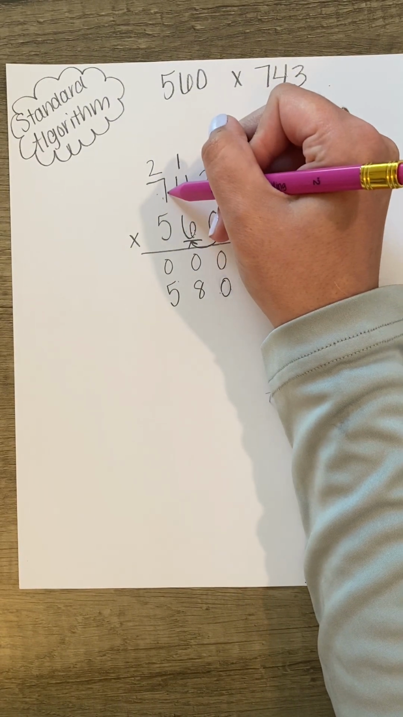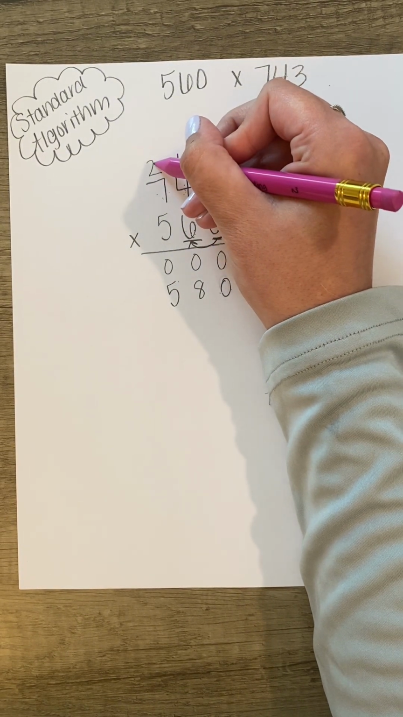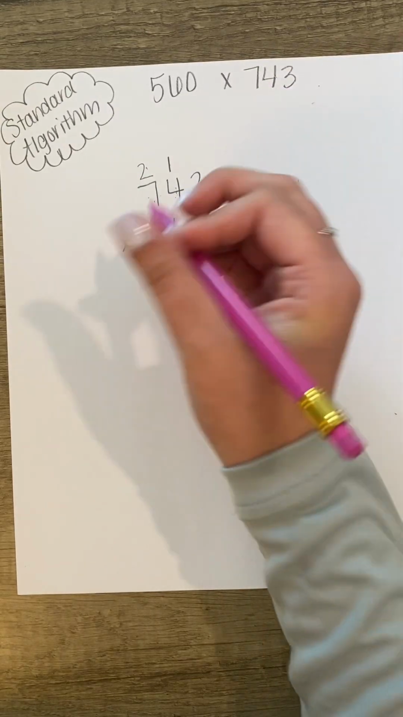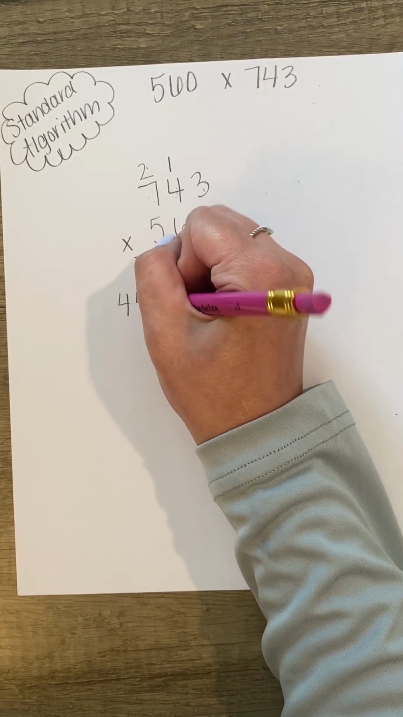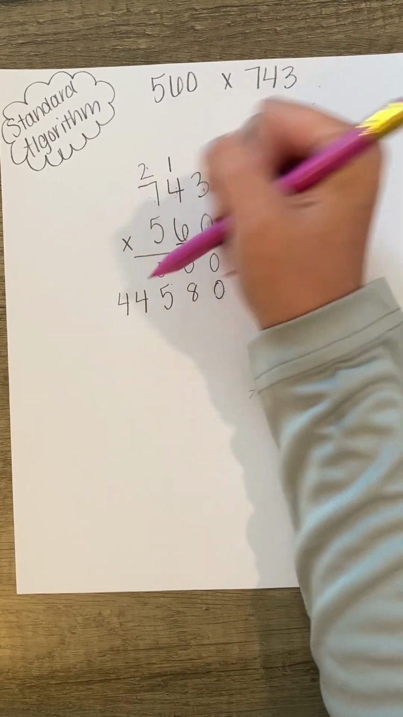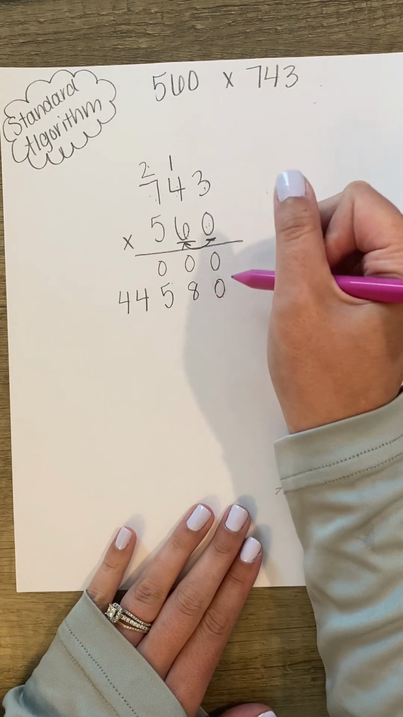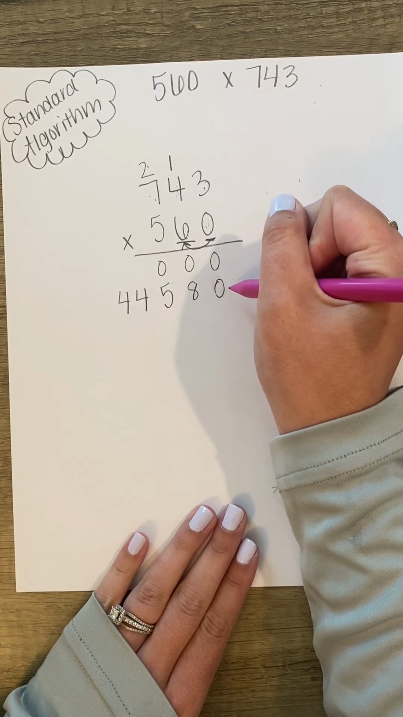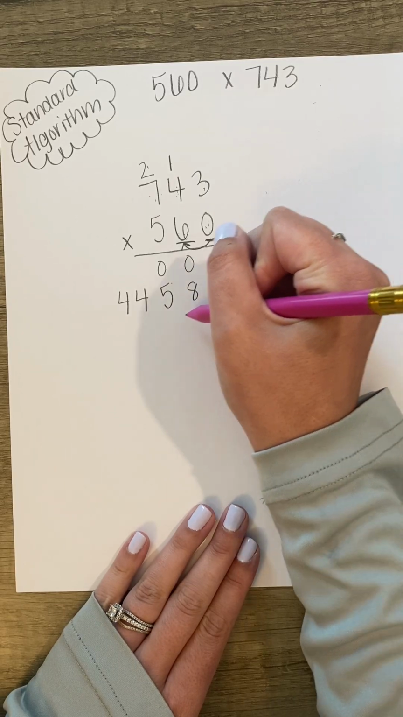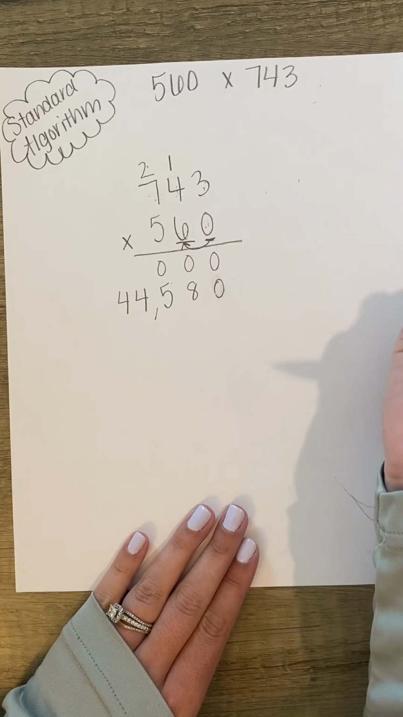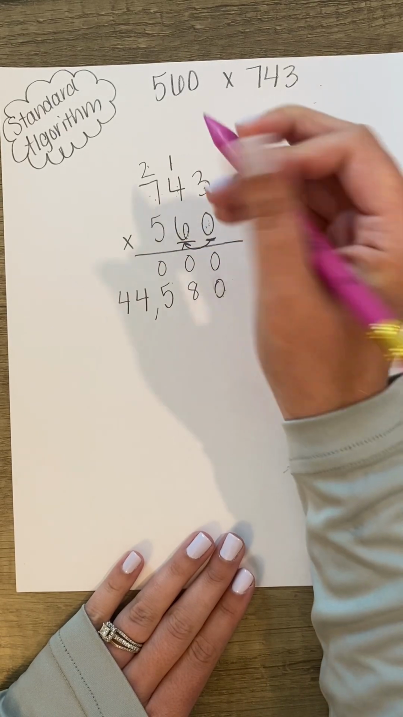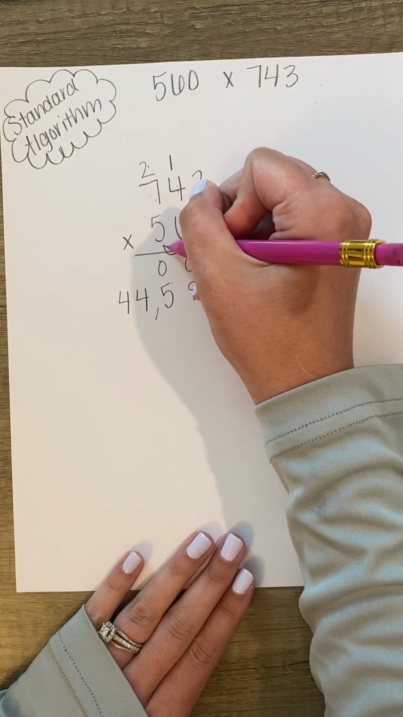6 times 7 is 42, plus the 2 up top is 44. So we will put that. There's nowhere else to regroup to, so they just drop right down. And we're going to put our comma in. So commas go after every 3 from the beginning. 1, 2, 3, comma. Now that we're done with our tens place, we are going to scooch over to our